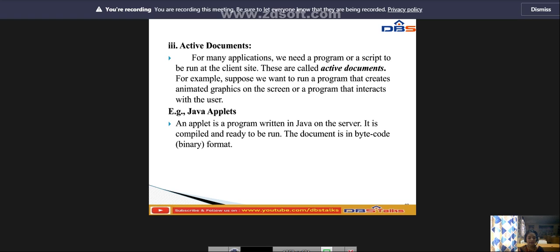An applet is a program written in Java on the server. It is compiled and ready to be run. The document is in a bytecode binary format.